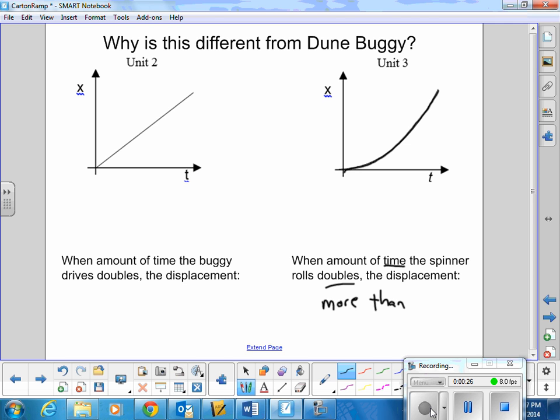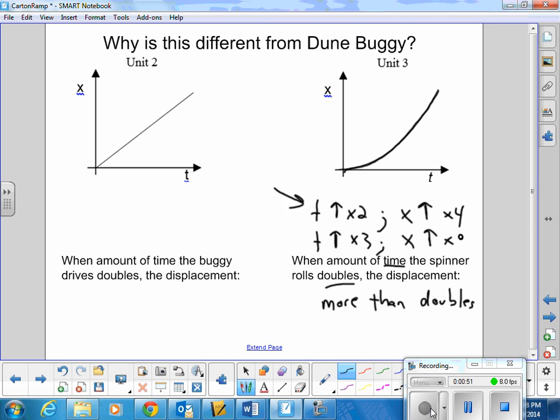We had some discussions on, does it go 2 times bigger, or 3 times bigger, or 4 times bigger? In general, especially the third hour class said, as time goes up twice, the position goes up about 4 times. It about quadruples. And we even said if time went up 3 times, we would expect the position to get 9 times as big. But the real important part is that